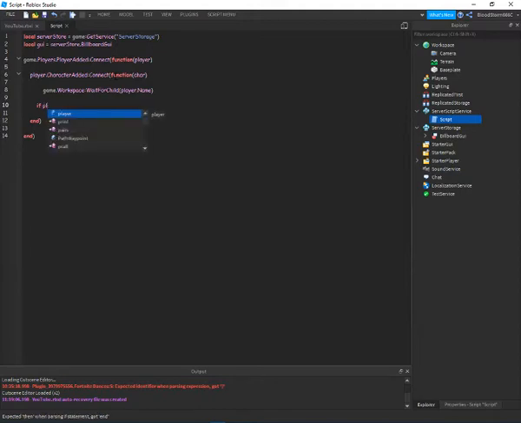Then if player dot name is equal to, now you can put whatever your name is in here. I'm just doing this so that if I am in there, I'll be like a VIP or something, and my text will be different. So if player.name is equal to Bloodstorm Storm 666C, then